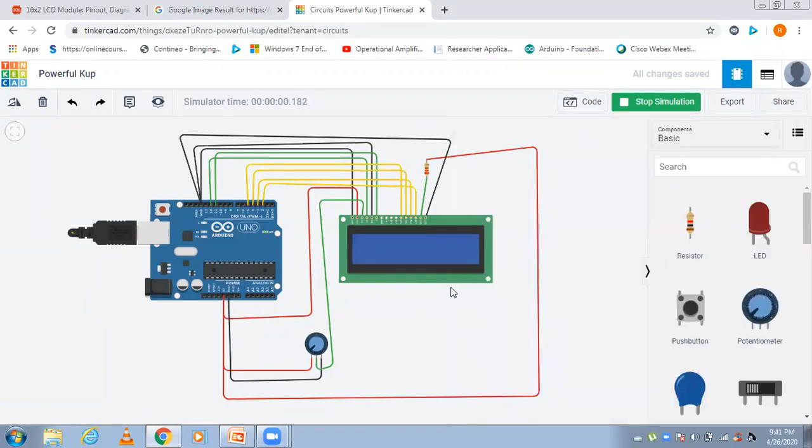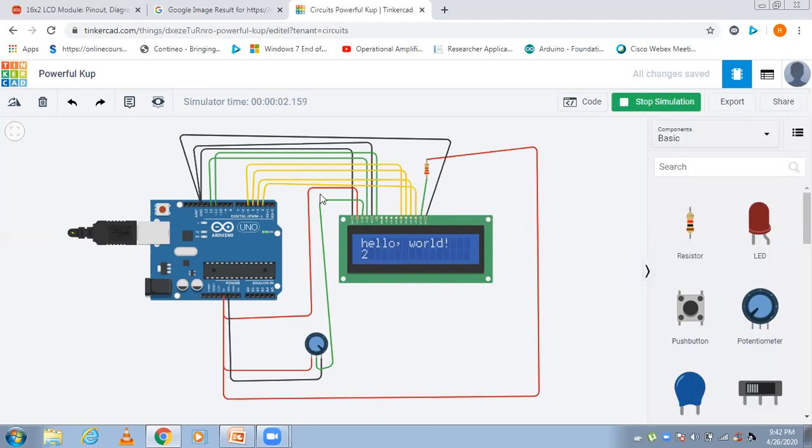See, I'm not able to get any data. Now listen here, the contrast will be more. I'm going to reduce this contrast to 0. Now you can see hello world. In the first row it displays hello world, on the second row first column 0. Now it becomes 1, means now 1 second is executed. See, time here also 1, here also 1. When this time will be 2, here also will be 2. That means 2 seconds. So 2, 3, keep on, it will increase up to infinite times.